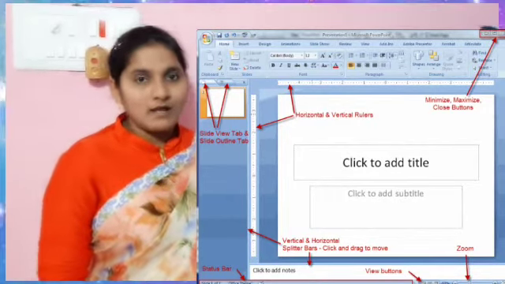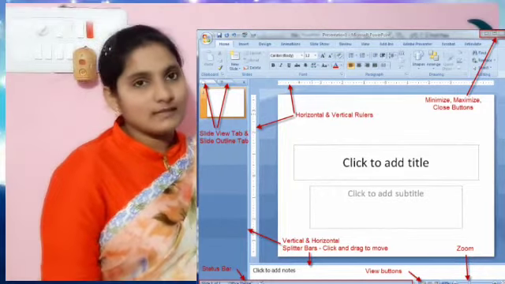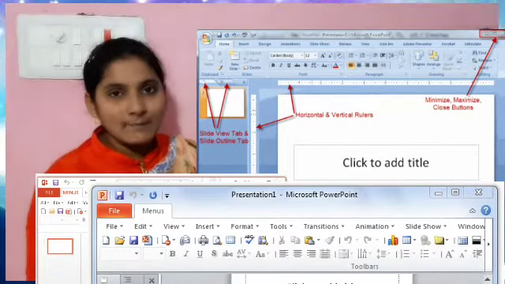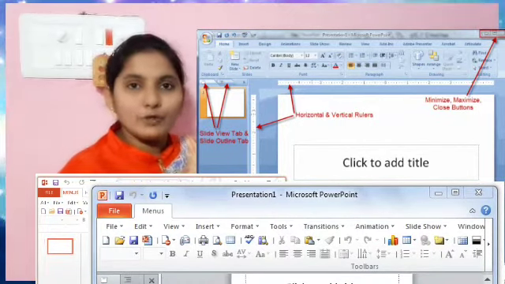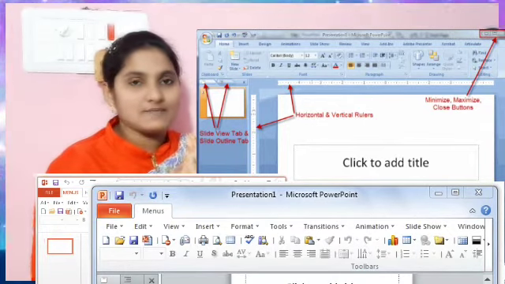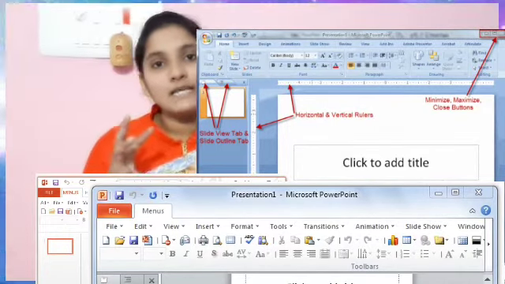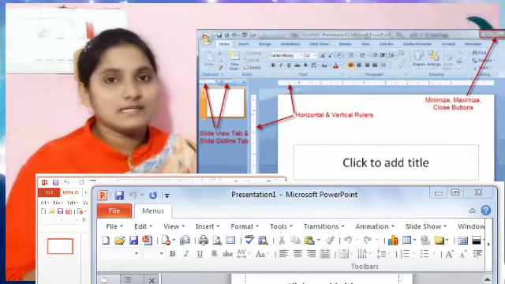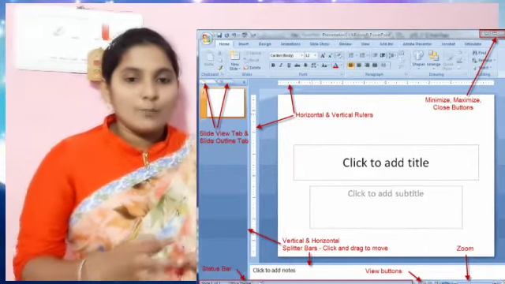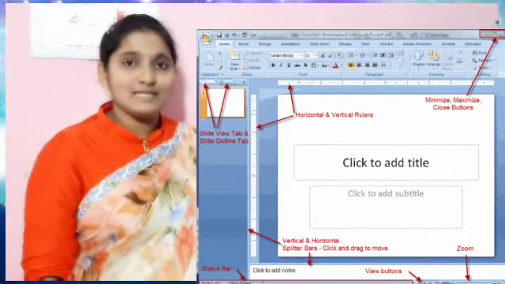Okay, in this PowerPoint screen some changes are there in the menu bar. All of you look at this menu bar. How many tabs are there? Home tab, insert tab, review tab, view tab, transitions tab, animations tab, and design tab. These are the 7 tabs available in PowerPoint. Three are different, that is transitions, design and animations. Depending upon the presentation we are doing, we mainly use these 3 tabs in PowerPoint.